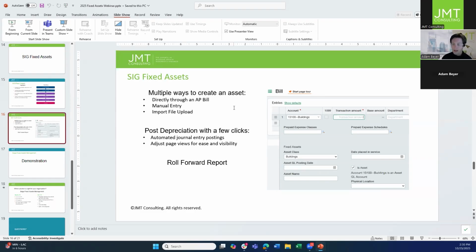The import file is a little different than you're used to. It's not the standard template. It's more of a mapping exercise. So this is one area I really don't cover in detail. Usually it's great for setup, but your best bet is to always create that fixed asset record directly through an accounts payable bill. Then post depreciation with a few clicks,